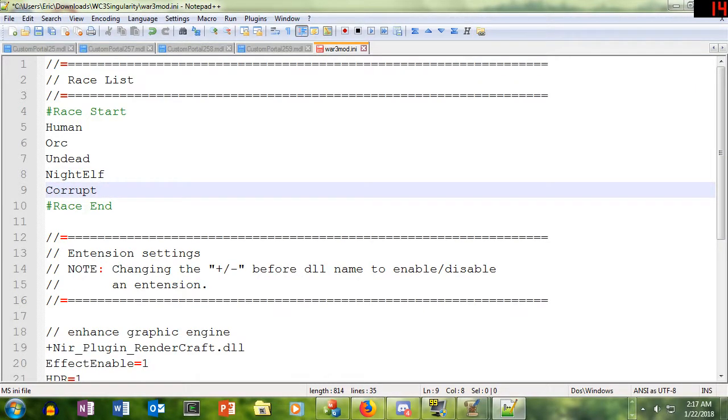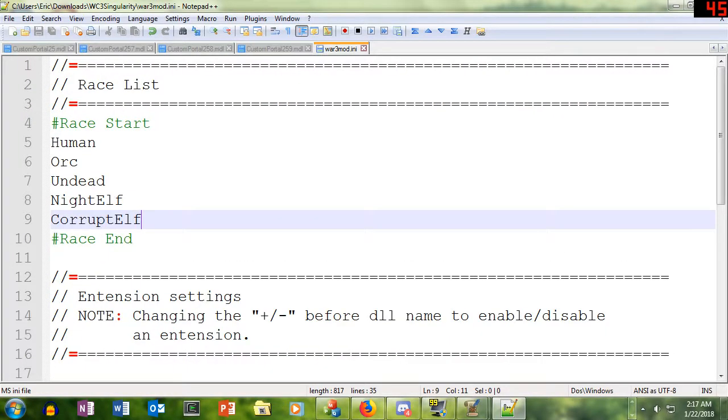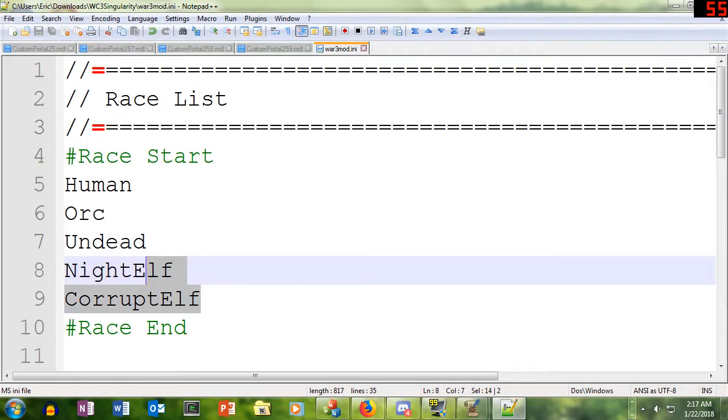corrupted night elf race, right? But it should be something like that a developer can do, right? Or they just go in a text file here and we add something to a text file like war3mod.ini